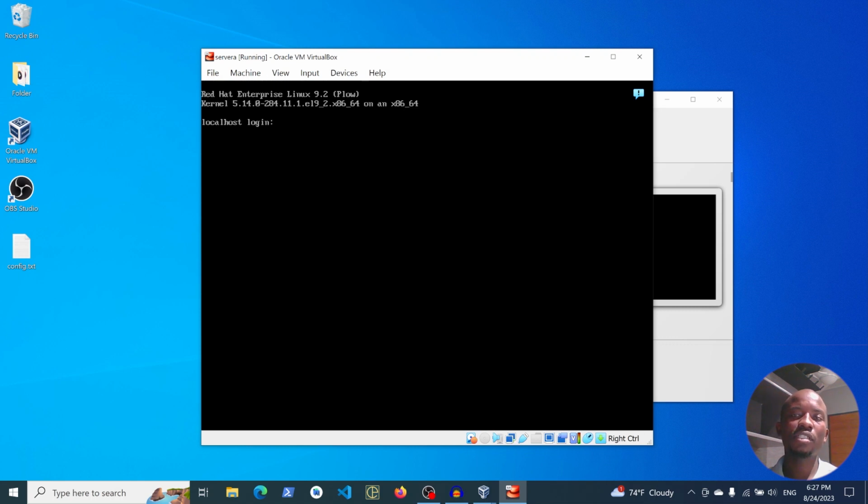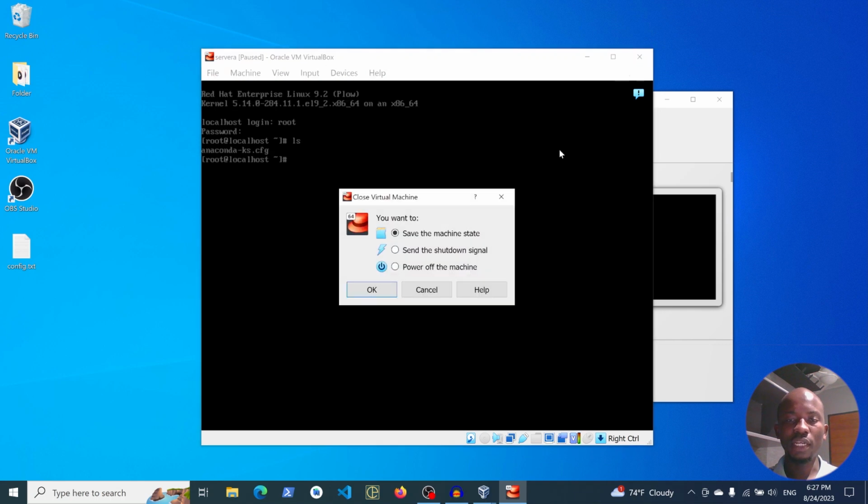Okay, now as you can see, we have the prompt asking for the login, so I'll enter root, and the password as I configured during the installation, it was root also. And now as you can see, I have access to my shell, and here I can perform any Linux command which I want. So from here I will stop this server, because when you want to clone any VM, it